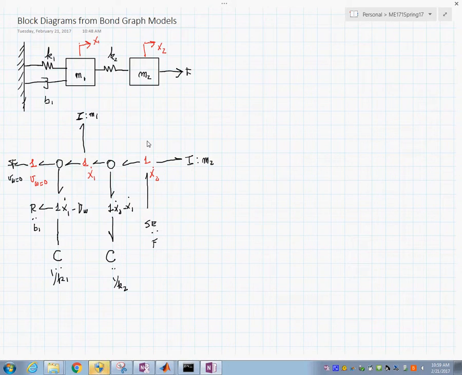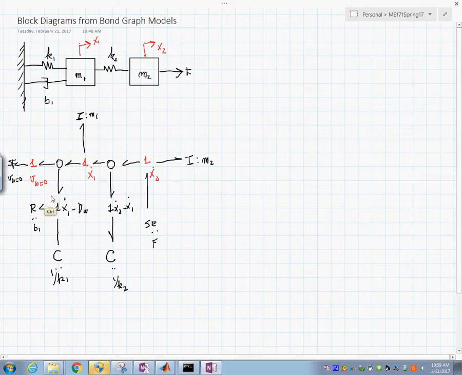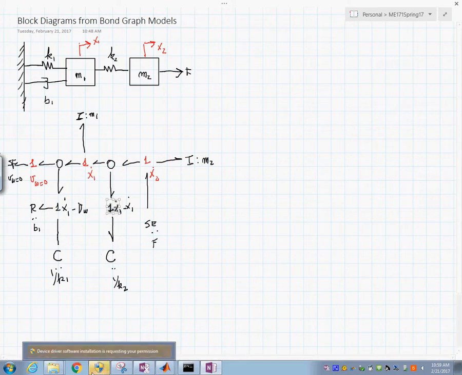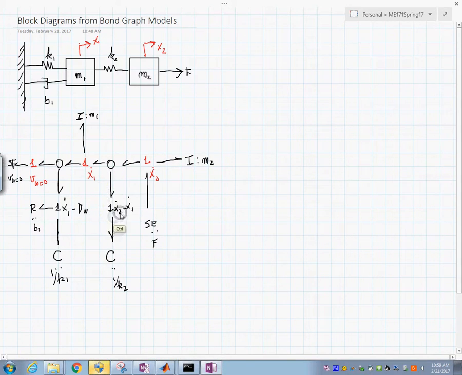Here we can reduce the bond graph a little bit, so as to also reduce the block diagram. We can reduce it in this area here, and here and here, actually on this one and here, those two. Okay, so we could say, if you reduce that, this would be a 0, and the SF over here would be a 1,